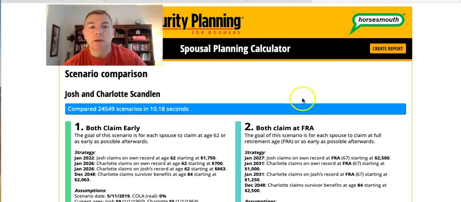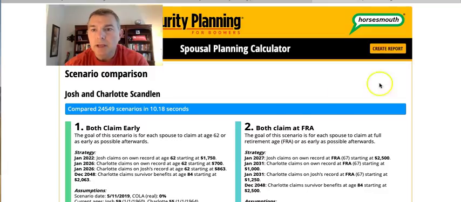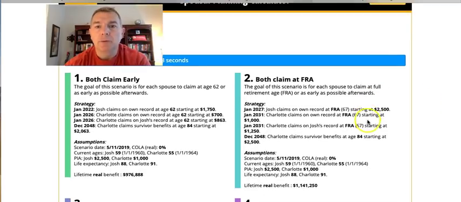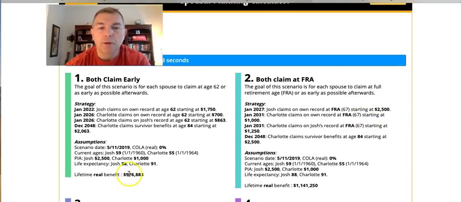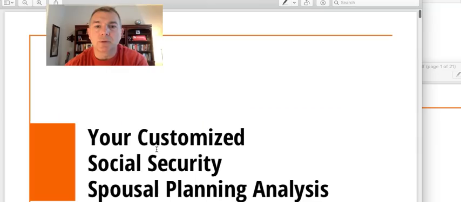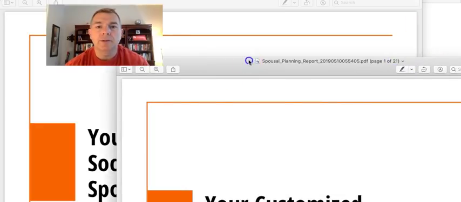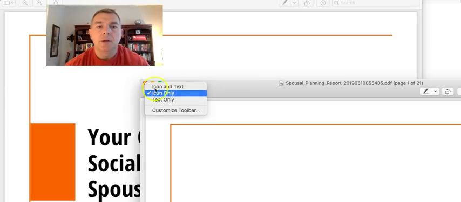Let me move myself out of the way here. We're going to create this report, and I hit it. Yeah, I thought I did. There we go. All right, and so it's chomping on for us. As we're creating the report, you'll see I love this real lifetime benefit. Now I did not do any cost of living adjustment because I want to show you in real numbers today, in real today numbers, how much you're going to get from Social Security. Oops, looks like I created two of them. Hold on just a second, my friends. Let's get rid of this guy right here.